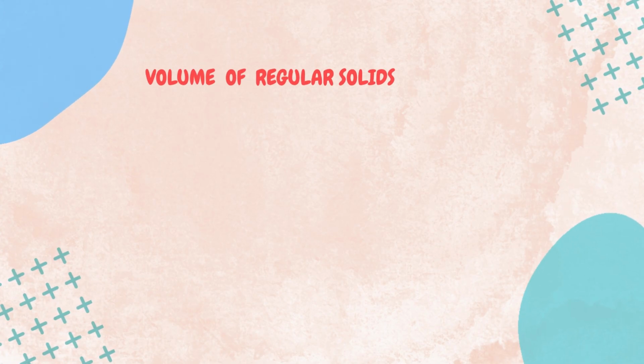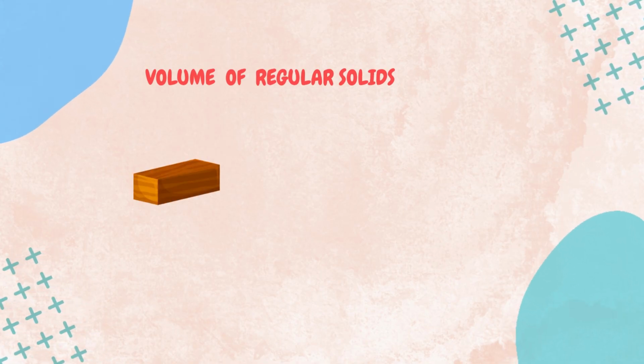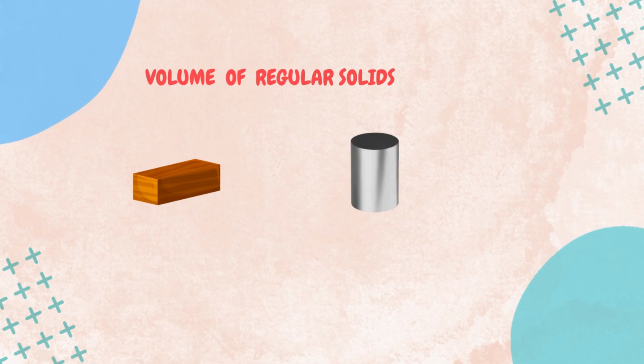Many times in physics and chemistry you are required to calculate the volume of rectangular objects such as rectangular metal blocks, wood, or rock, or cylindrical objects such as cylindrical metal rods or instruments. Calculating the volume of these objects is simple. Just find and use a formula. The formula for calculating rectangular objects is volume is equal to length times breadth times height, or simply L